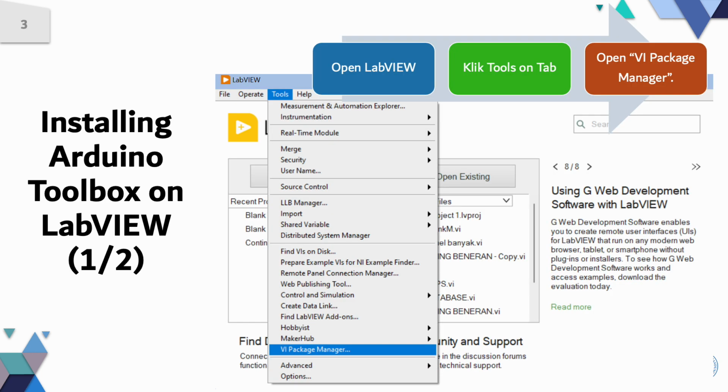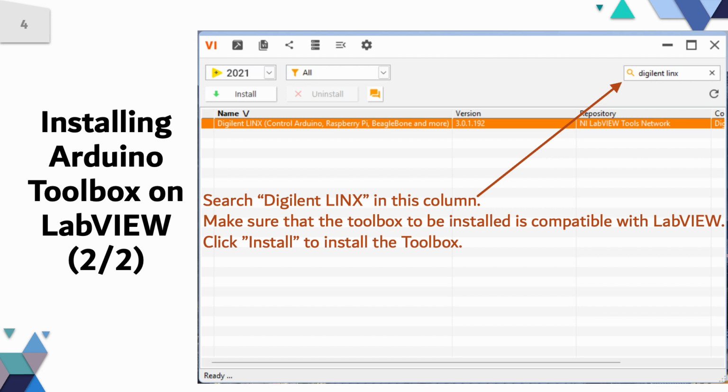Installation is procedural. The first thing you have to do is open the Tools menu, and then find the VI Package Manager, and then you will get this window.